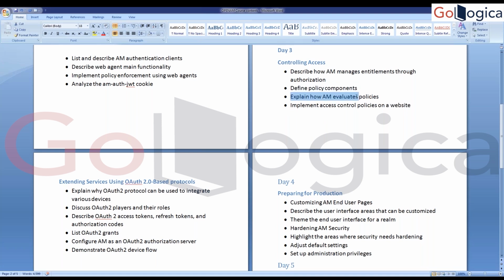Explain how AM evaluates policies, like the if you